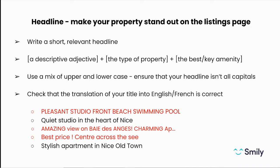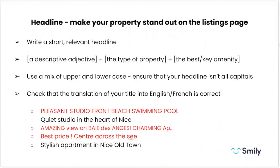Some examples of titles, headlines from listings that are online. A couple of examples that are less good: "pleasant studio, front beach, swimming pool", all in capitals with English that doesn't really make any sense, is a much less professional title than something like "quiet studio in the heart of Nice", which follows better the formula for creating a good title that we've just talked about. Equally, "amazing view on the Baie des Anges, charming"...